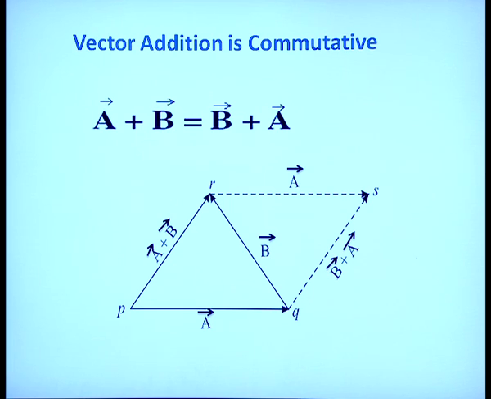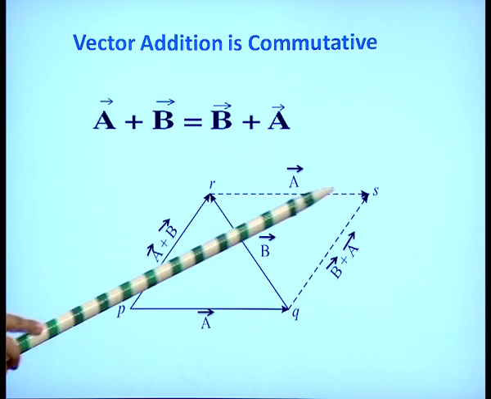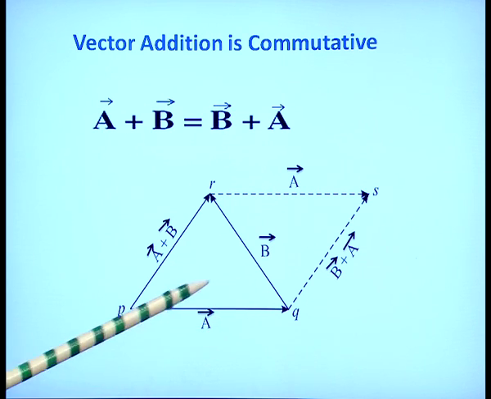As you can see on your screen, the vector A is represented by PQ and vector B is represented by QR. According to triangle law, PQ plus QR, that is vector A plus vector B equal to PR, which is the third side of the triangle and taken in opposite order. So, PR represents A plus B. Now, B plus A equal to, this is B vector, which is QR, and vector A is RS, which is parallel to PQ and direction is also same. So, RS represents vector A.